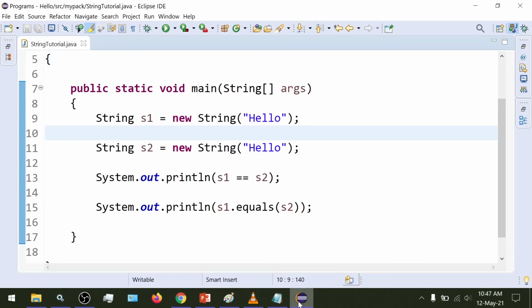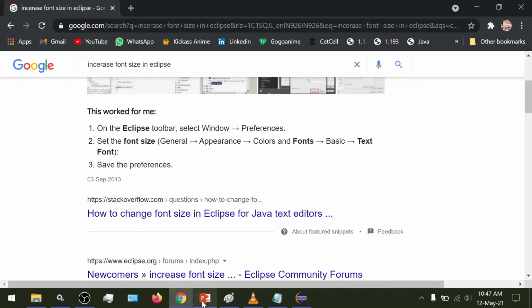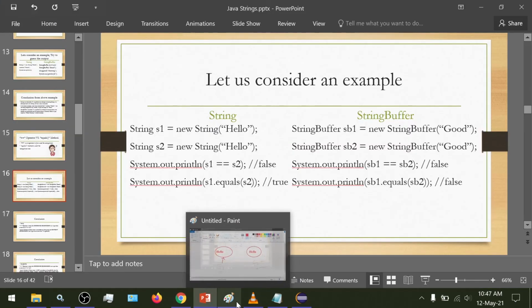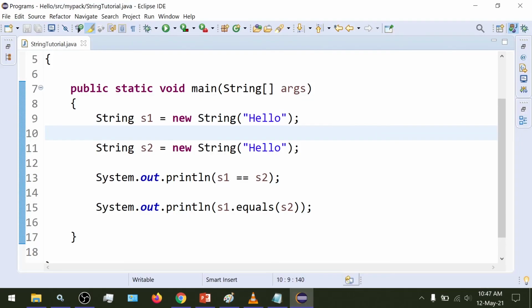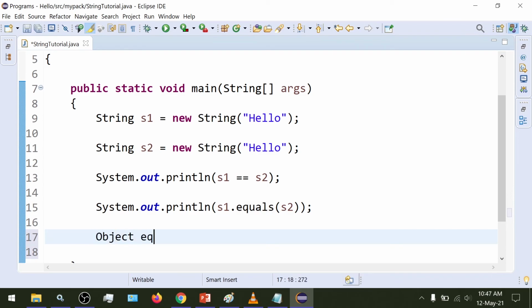And then we have the equals method. The equals method is a method which is derived from the Object class. Let's take a look at the equals method once.